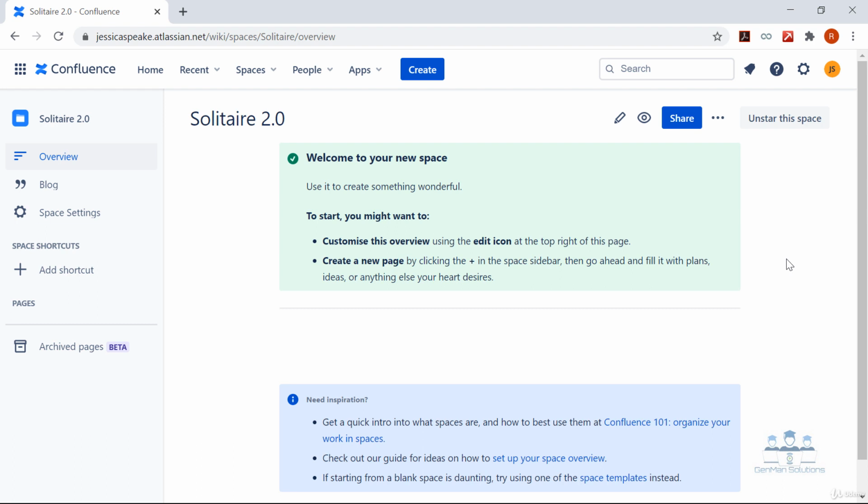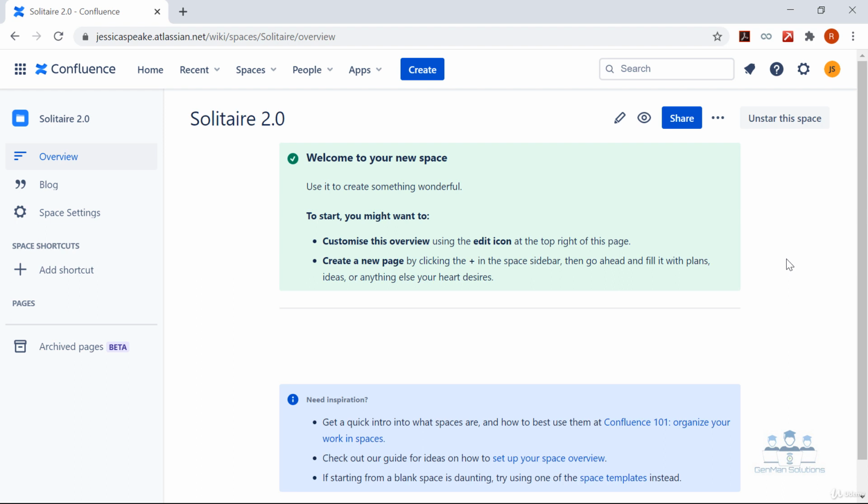Okay, so Jessica now has a space set up for the Solitaire project. Because everyone in the project team needs access to the information in this space, Jessica is not required to do anything with the space's default permissions. It's visible to everyone in her organization, but not to the general public. I'm mentioning this because we will be doing some changes with the default permissions in the next two spaces, that is personal space and team space.